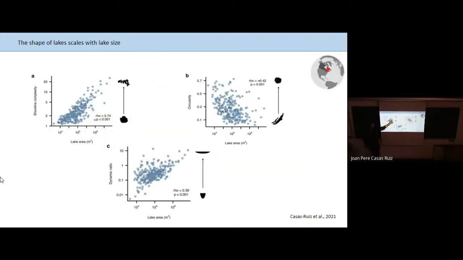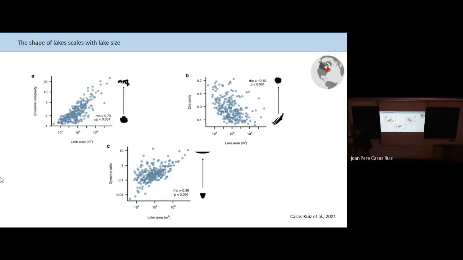This is data from Quebec that I collected myself, and here we can find the lake area on the x-axis of the 3 panels, and then different lake morphometry metrics. And what we found was that larger lakes tend to have a more fractal shape, okay? Also, larger lakes tend to be more elongated, as opposed to small lakes that are more circular. And also the larger lakes have a higher area to depth ratio. So they look a bit more like a plate,